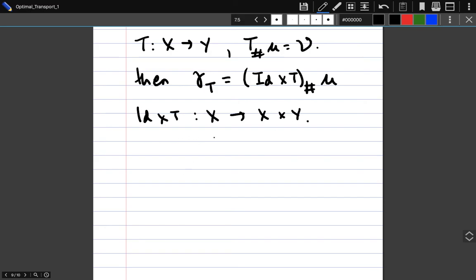In particular, it will take a value x and assign me the value x, T of x. So if you consider this map and you take the push forward measure with respect to mu, then this is indeed a probability measure in the product space. That's the first thing which you can observe,